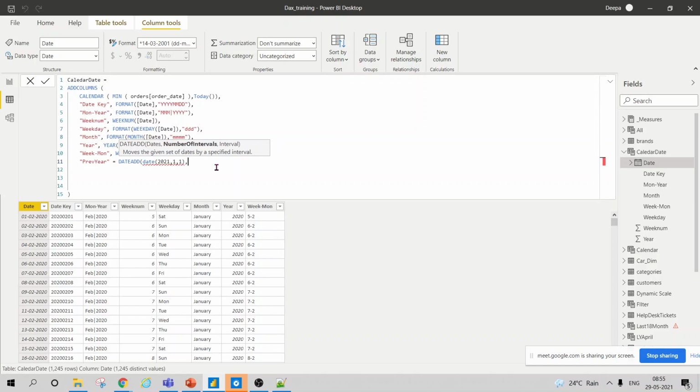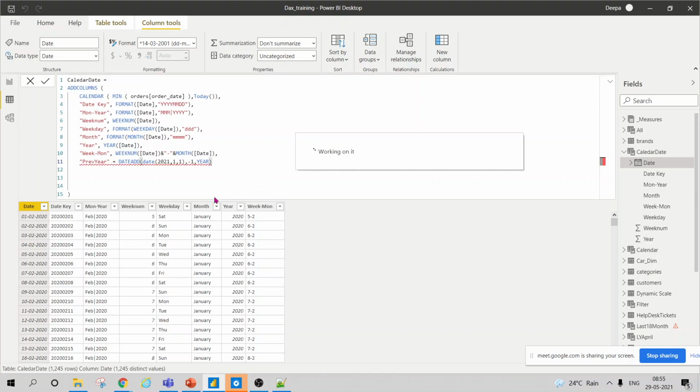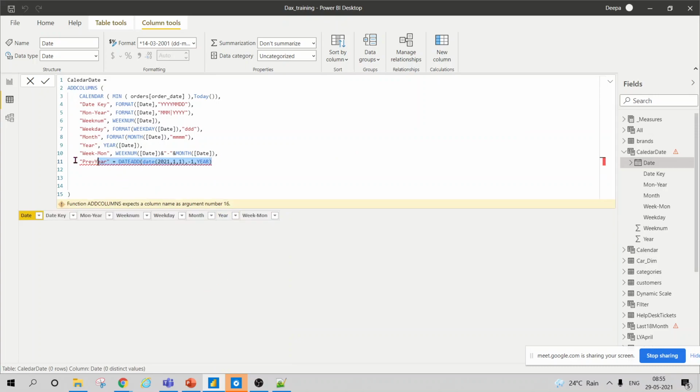Dates. And I want number of interval -1, and I want year. Not at all sure why this date add function is not working here. This equal sign should be removed. I have to check why this function is not working, because I used it in my report.